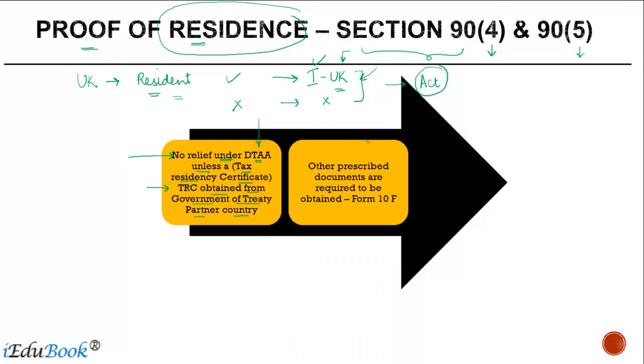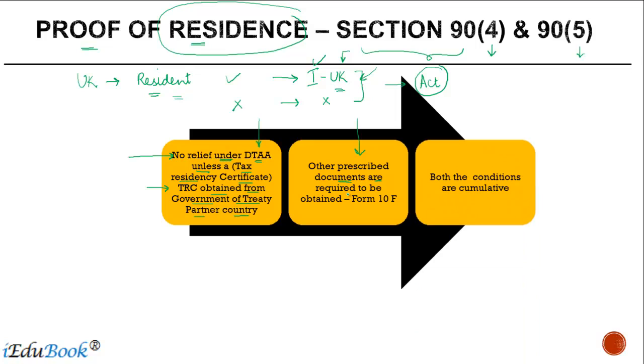In addition to this, there are certain other prescribed documents which are required to be obtained. One thing I want to tell you here is that both these conditions are cumulative. You have to have a TRC, you have to provide these other documents. There is a Form 10F in which a declaration needs to be obtained, right? And when we talk about these other documents, so let's say in case of a business profit,